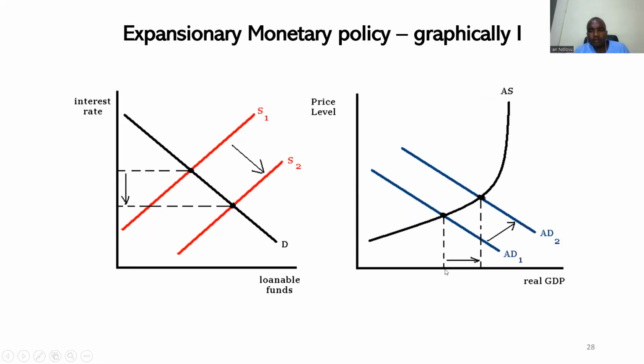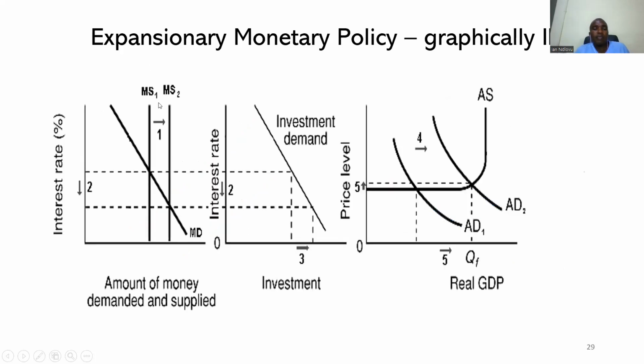It increases from that point to that point. But also the general price level increases as well. But it doesn't increase by a bigger margin like when we reach full employment, because here in this region we are still below full employment. We attain full employment at that point, the full employment level of national income. So another way of looking at this is